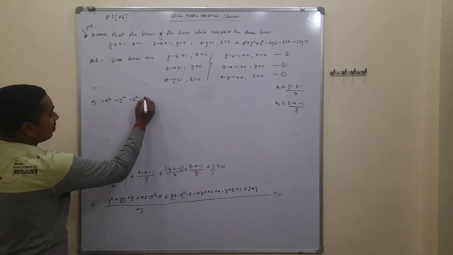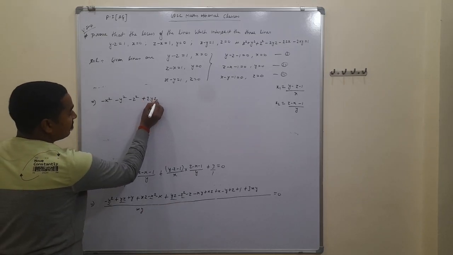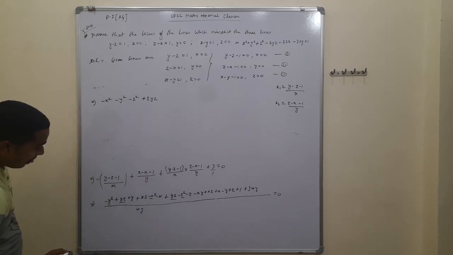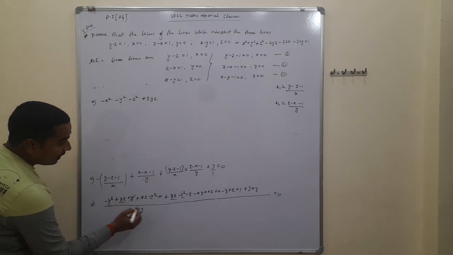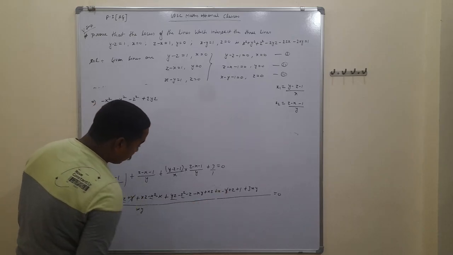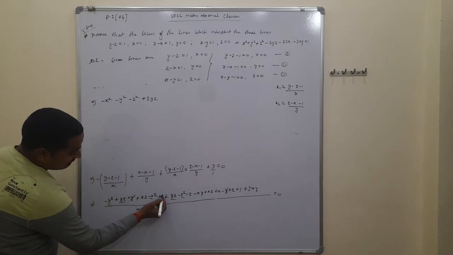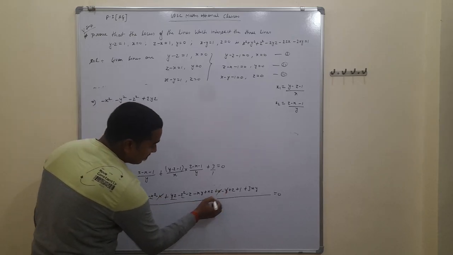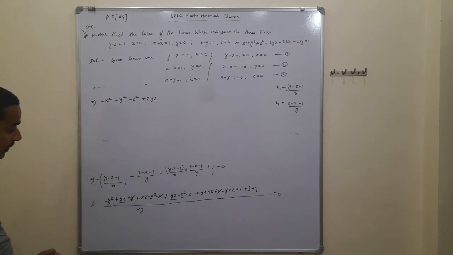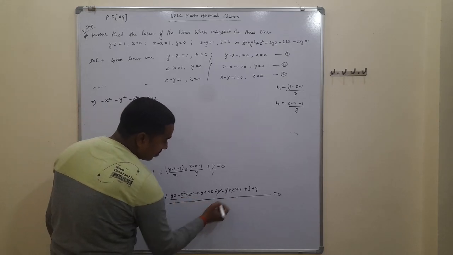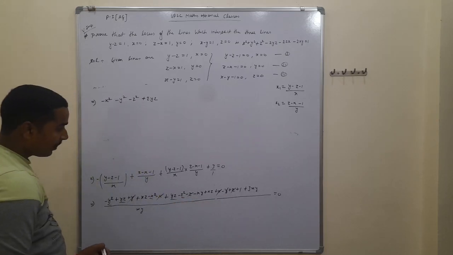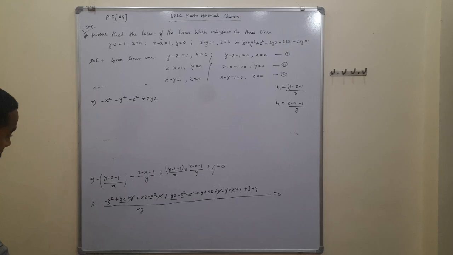Here is plus of 2yz, and plus of y and minus of y cancel out, and minus of x and plus of x also cancel out, and the remaining is minus of z and plus of z also cancel out,